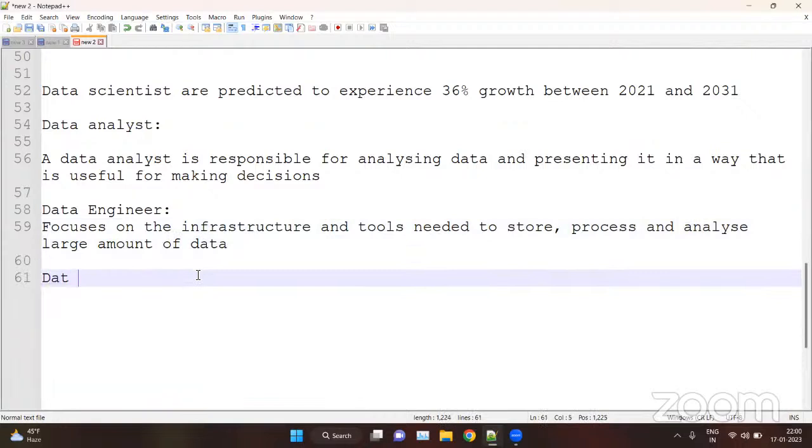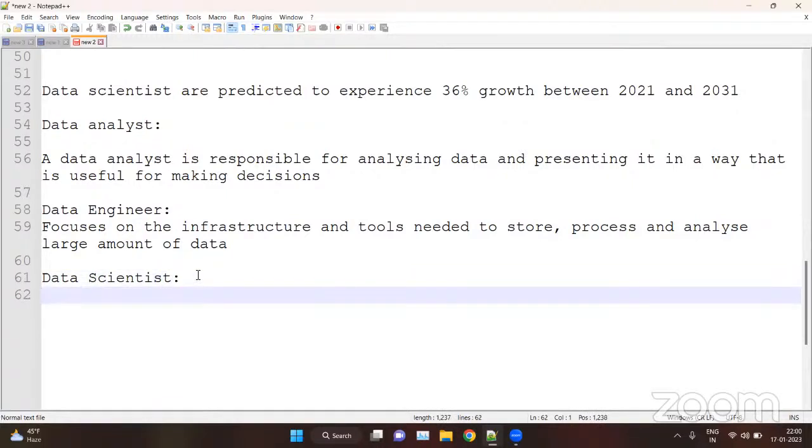Now we have the data scientist, which is very interesting, I suppose. Who are data scientists? A data scientist combines the skills of a data engineer and a data analyst, combining their responsibilities and roles, and mainly focuses on statistical and machine learning techniques to draw predictions from your data.